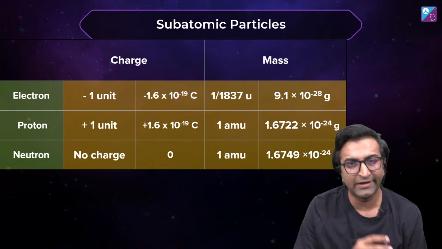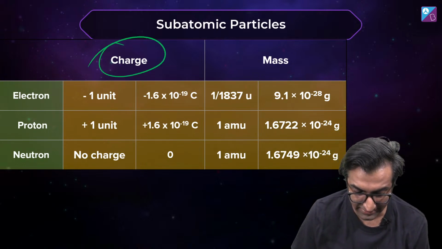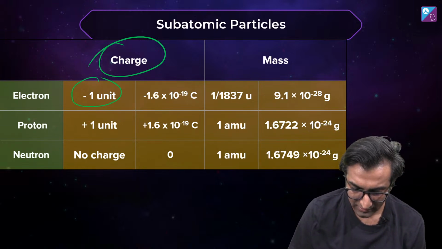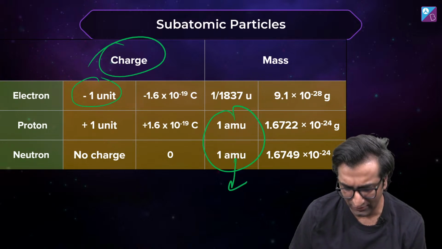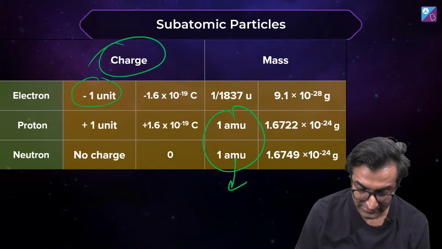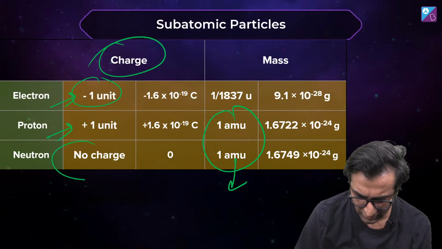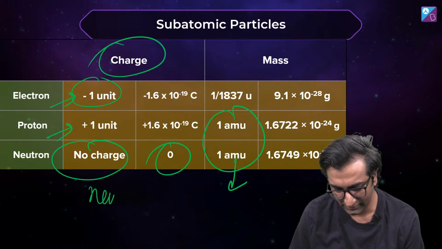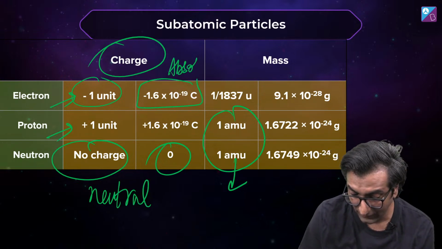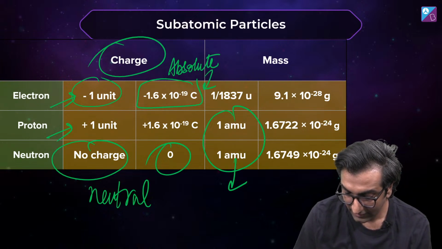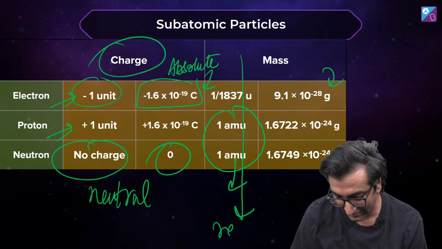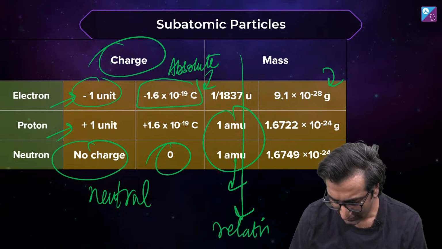इलेक्ट्रॉन, प्रोटॉन एंड न्यूट्रॉन का एक छोटा सा समरी। चार्ज क्या है? We say -1 unit, and we say that इन दोनों का है 1 AMU. I know थोड़ा सा फर्क है, बट चलो, एक एटॉमिक मास यूनिट हम लोग मास बोल लेते हैं। और चार्ज इलेक्ट्रॉन का -1, प्रोटॉन का +1, न्यूट्रॉन का नो चार्ज, सो यू से 0, इट इज न्यूट्रल। ओके, और क्या क्या है? दिस इज द एब्सोल्यूट वैल्यू। ये C क्या है? कूलम। G क्या है? ग्राम्स। मास, दीज आर एब्सोल्यूट वैल्यूज एंड दीज आर रिलेटिव वैल्यूज।